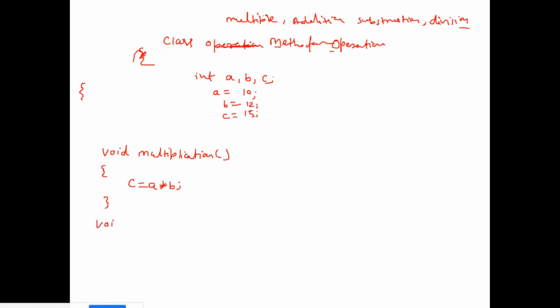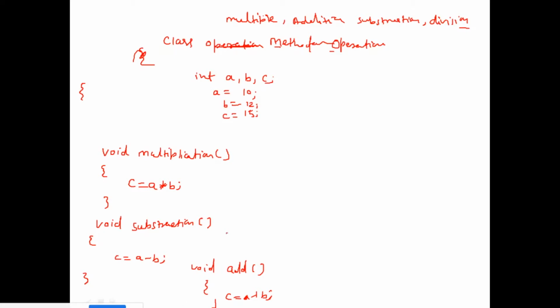Another method void subtraction, c is equal to a minus b. Likewise I have another method in the same class, void add, c is equal to a plus b.